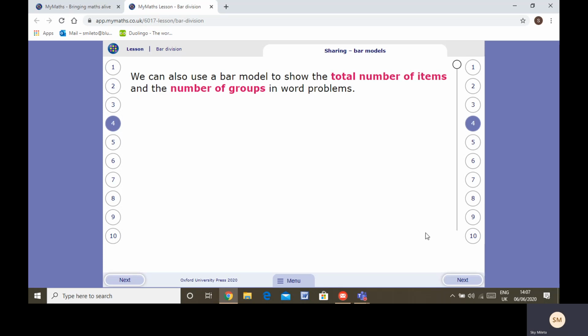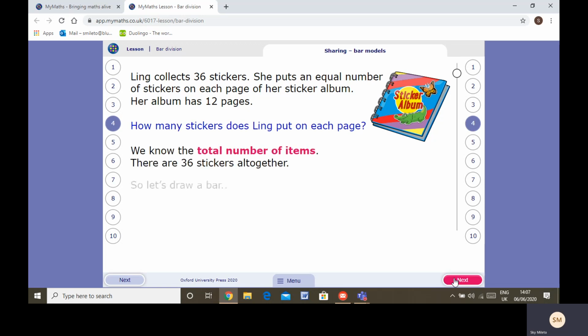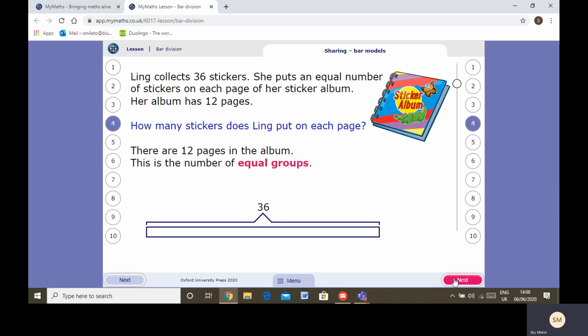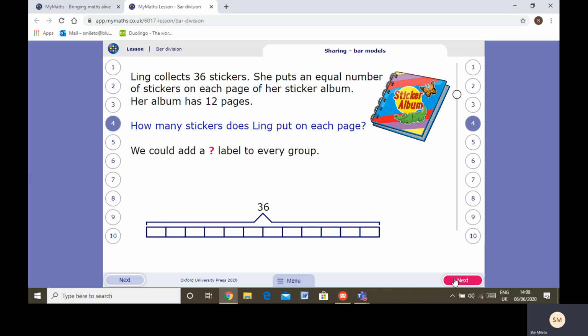We can also use a bar model to show the total number of items and the number of groups in a word problem. We might have 2 bars. This is how we learnt it in school. Lynn collects 36 stickers. She puts an equal number of stickers on each page of her sticker album. Her album has 12 pages, so we might have 1 bar that's 36 and another equal bar that's split into 12, and therefore we can find out how many are in each group